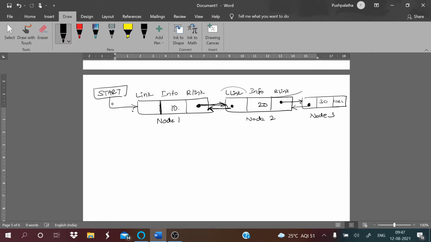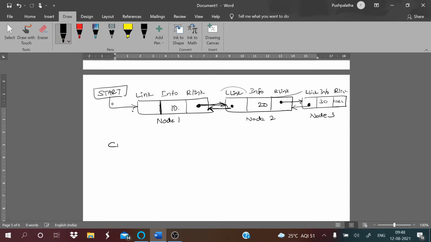The left link always points to the previous node, and the right link points towards the next node. The right link of the last node contains a null value because you do not have any other node further. So this is about your doubly linked list.